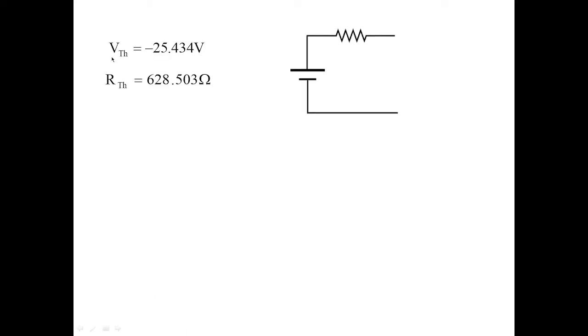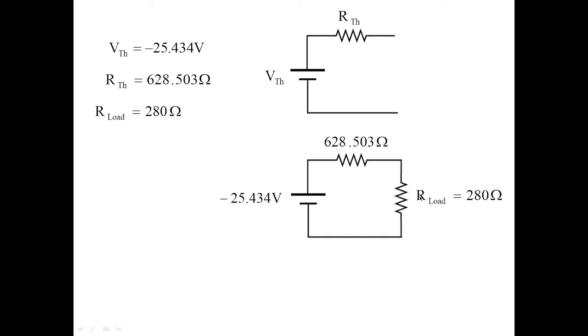Now once we obtain the value of VTH, RTH, substitute the values in R equivalent circuit. And remember, we have removed the load from the main circuit. So take that load and connect at these two particular points. That is, the value of load resistance is 280 ohms. So that is being connected like this. Now you can see, according to the Thevenin's theorem or Thevenin's equivalent circuit, the complicated circuit can be changed to a simple voltage source in series with Thevenin's resistance, and thereby connecting the load resistance to the Thevenin's equivalent circuit.